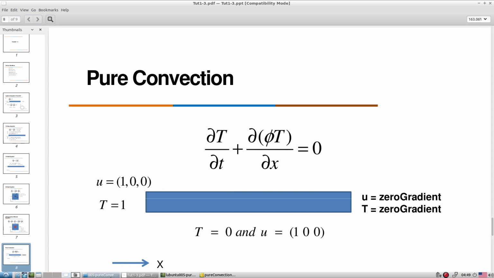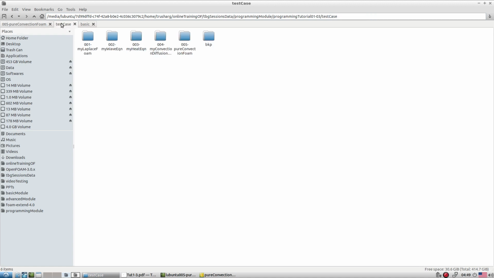So let's create the test case. The test case I already have. So pure convection, let's check with respect to CFL conditions. So let's start with different CFL conditions. What we are going to do, we try to run the case for CFL 0.01, 0.1, 0.5, 1, 5 and 10. Accordingly we are changing the delta t if we fix the grid as one quantity.